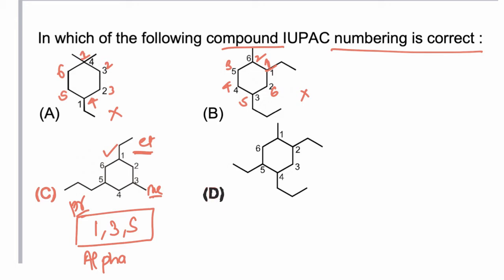So while numbering, the ring, having only one multiple bond, should be numbered from that end where the multiple bond is nearer to the methyl group. So the open part is the principal part, 1, 2, 3, 4, 5 and 6. According to the lowest set of locants rule, option C is correct. In option D, the first carbon is given to the carbon which is having the multiple bond. So the locants are 1, 2, 3 or 1, 2, 4, 4, 5, 5.